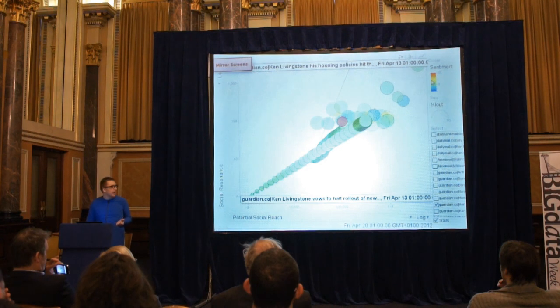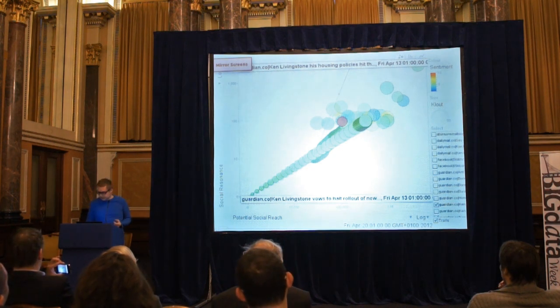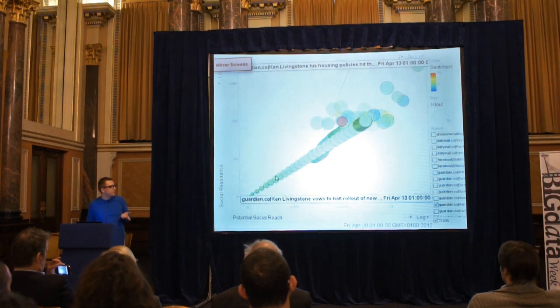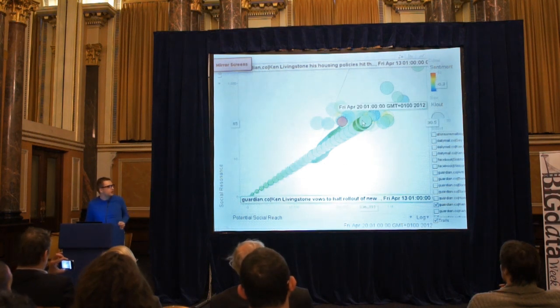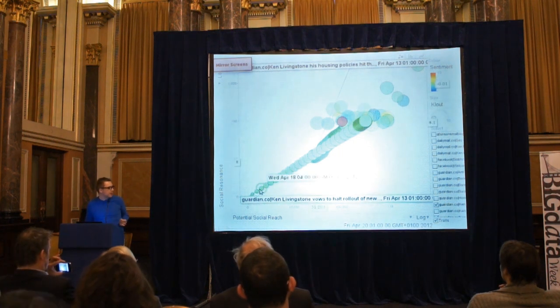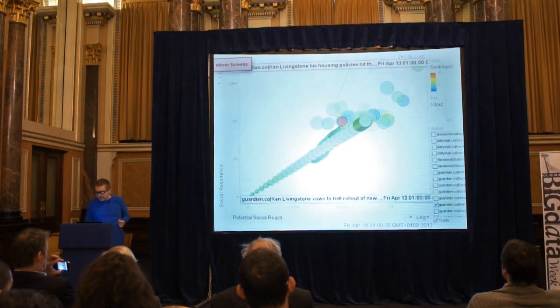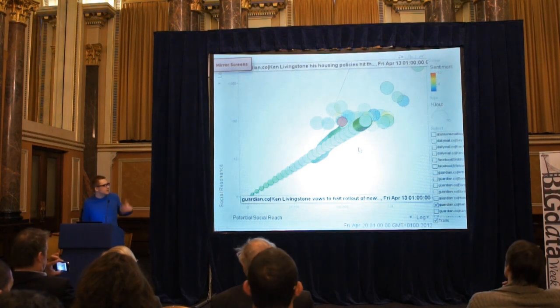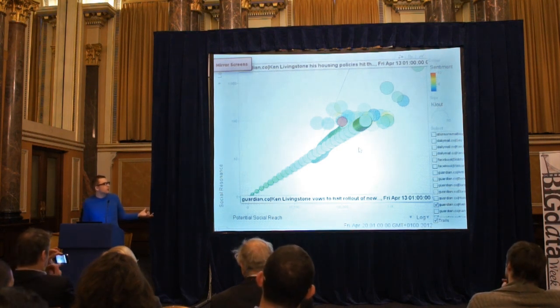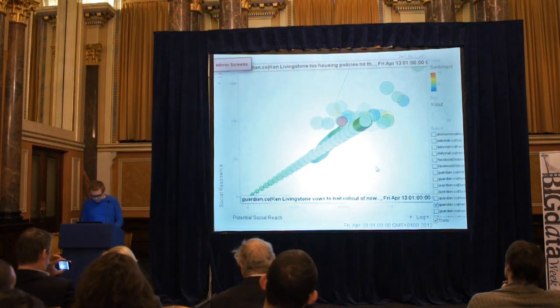The color represents the sentiment of the comments in the tweets which contained the link, and the size of each dot represents the average cloud score of all the people who shared this link. So we can see that this link, for example, starts with a very small cloud score, and it's basically being shared by many people with lots of followers. This is one of the ways to communicate data which has more dimensions than two, and over time